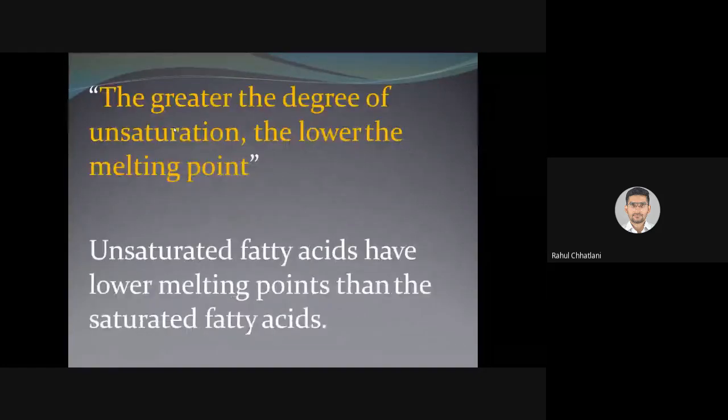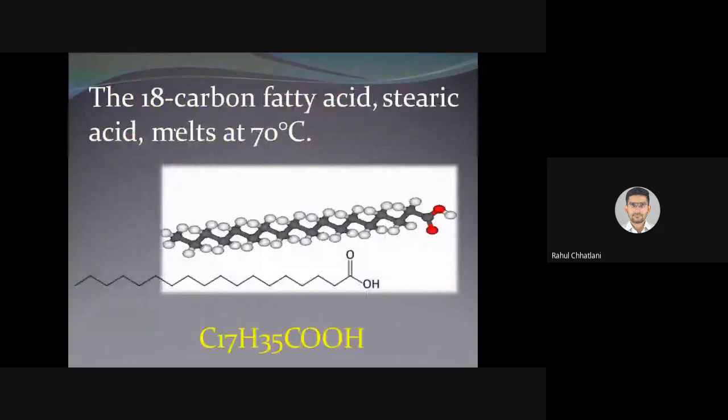We also described the melting point for such compounds. The greater the degree of unsaturation, the lower the melting point. Unsaturated fatty acids have a lower melting point compared to saturated fatty acids. We saw a few examples of the same. Just to remind you, we saw